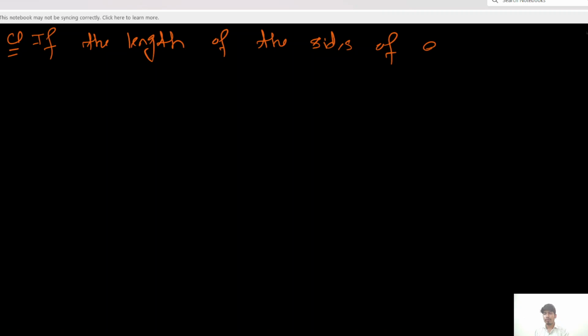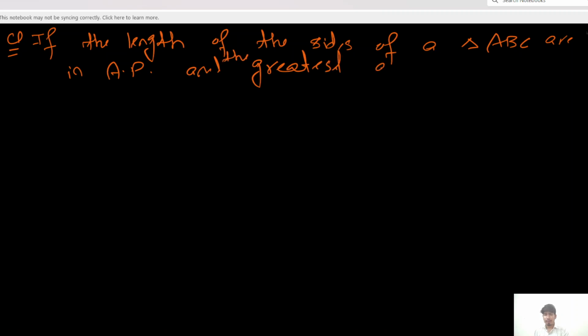And what is our question statement? The question statement is: if the length of the sides of a triangle ABC are in AP, meaning arithmetic progression, and the greatest angle is double of the smallest angle,